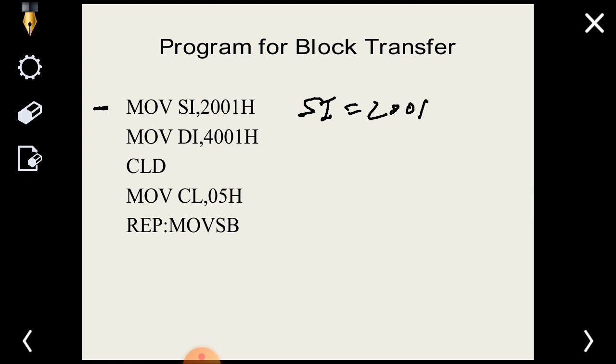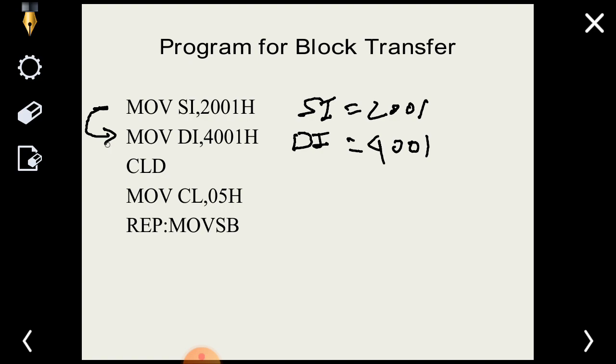That means we have loaded SI with address 2001. Then it will transfer control to the next line, that is MOV DI, 4001. After execution of this instruction, the content of DI will be 4001. That means we have loaded the 4001 address into DI.